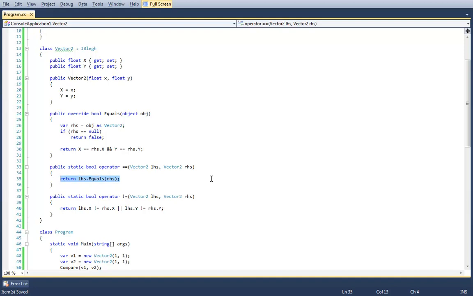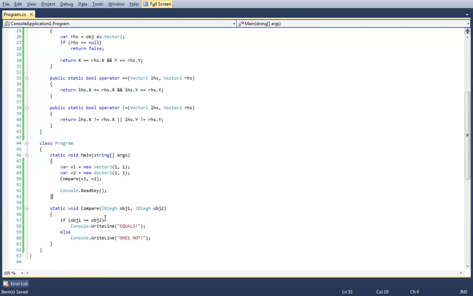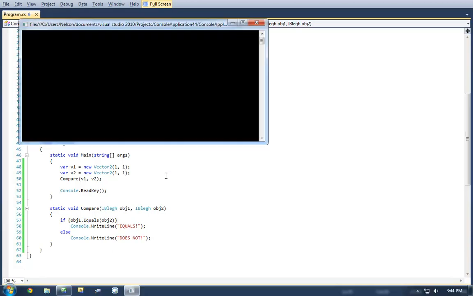This code could result in a null reference exception. But we'll talk about a way to fix that in a moment. So now what we can do is, instead of saying object1 equals object2, we can now say object1 dot equals object2. So now the output of this program will be equals.